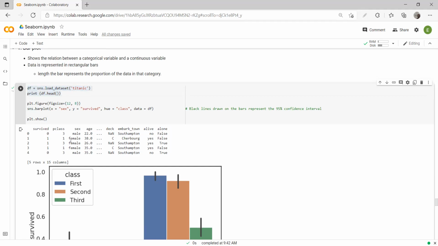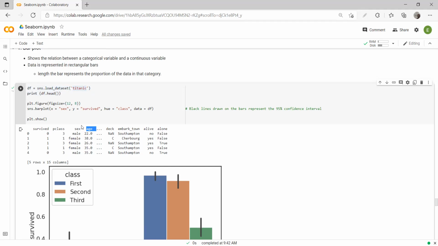Looking at these 5 rows only, you can say that the survival rate for female is more, as well as the survival rate for first class is also more. Because it was obvious that when the Titanic was sinking, they were rescuing the females and the children first, and also they were rescuing the class 1 first. So the chance of survival for class 3 was less, as well as the chance of survival for male was less. You can make out with just 5 rows of data because this is a relatively simpler data set and you have a good idea about the Titanic movie as well as what happened to the Titanic ship.